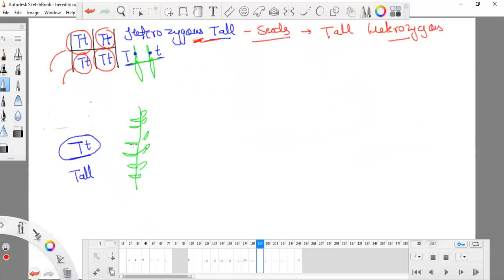Now this is a plant and it is not a gamete for sure, so it has double information. It gets one T from one parent and one T from its other parent. Now, this is the flower of a pea plant, and pea is a bisexual plant, so the flower has both pollen and stigma, the male and female parts. So what will be the information in the stigma? There will be a flower.